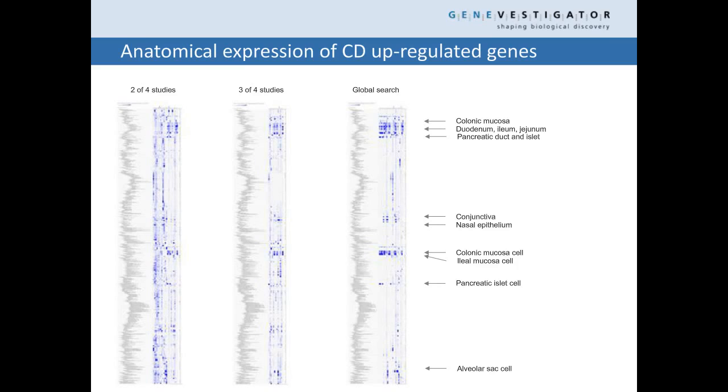These are figures done with GENEVESTIGATOR. What you can see here is that these genes are sometimes specific for particular tissues, like the ones on the right of the first figure, but you can see also genes that are expressed in many, many different tissues. If you compare that to the third figure you can see here,